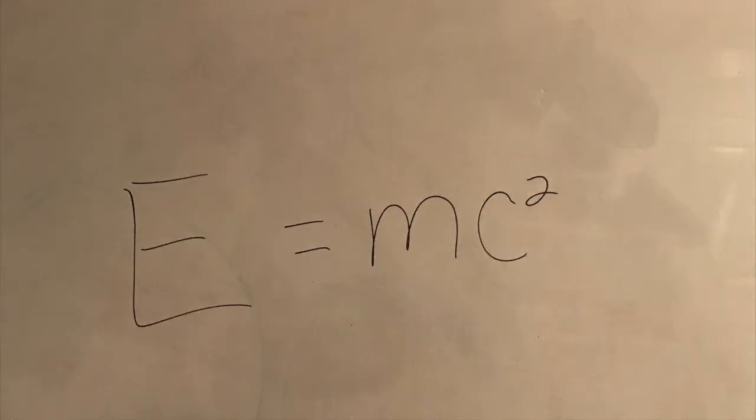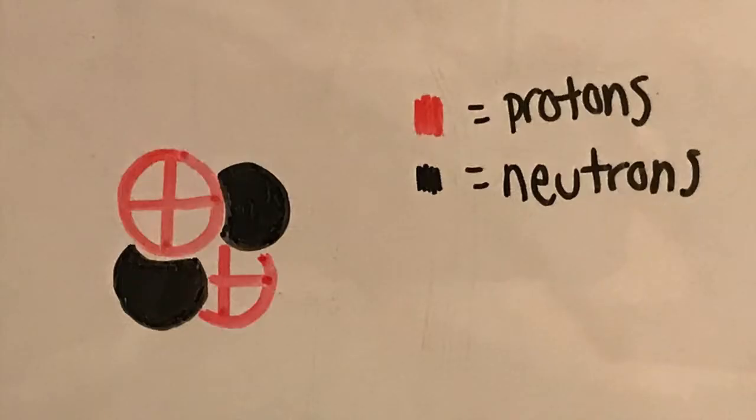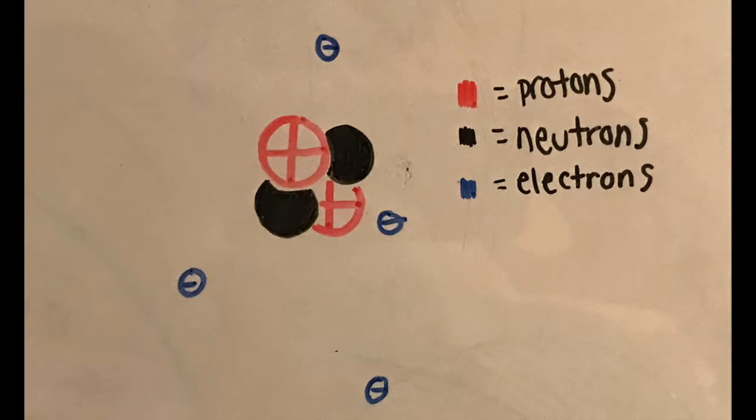I'm sure you've heard of the famous equation E equals mc squared, but to understand where it is applied in nuclear reactions, let's first look at the structure of an atom. In the center of an atom lies its nucleus, a cluster of positively charged protons and neutral neutrons. Around the nucleus, tiny negatively charged particles called electrons swarm about because they are attracted to the protons in the